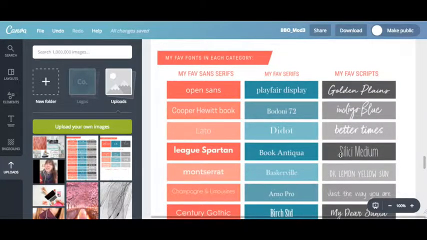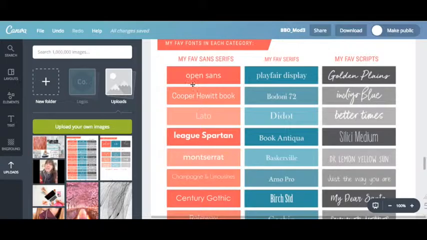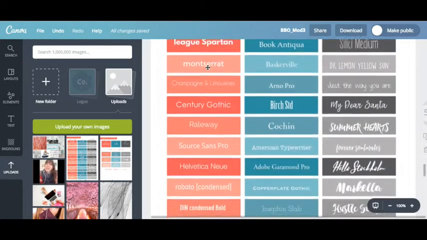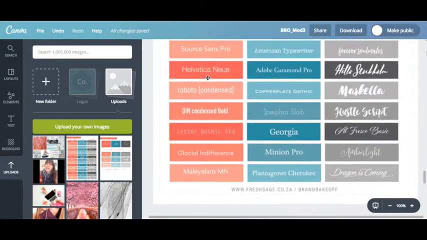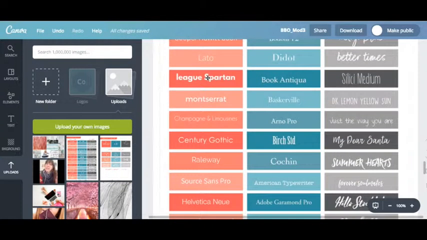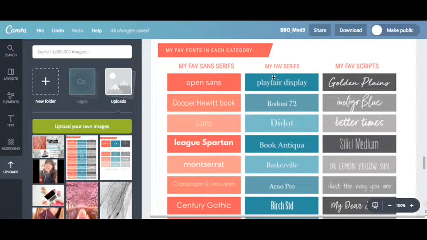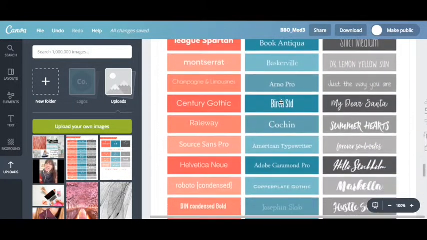This is a page of some of my favorite fonts that I've seen and loved and used, or some used. But what I wanted to show you is, I've pegged down 15 options for each. I think they're 15. This is my favorite sans serif fonts, and as you go through these, I'm hoping one or two will just stand out and you'll be like, yes, that one, yeah? I've got some favorite serif fonts as well,